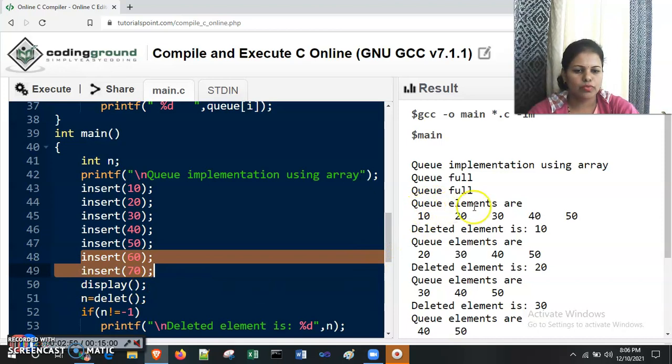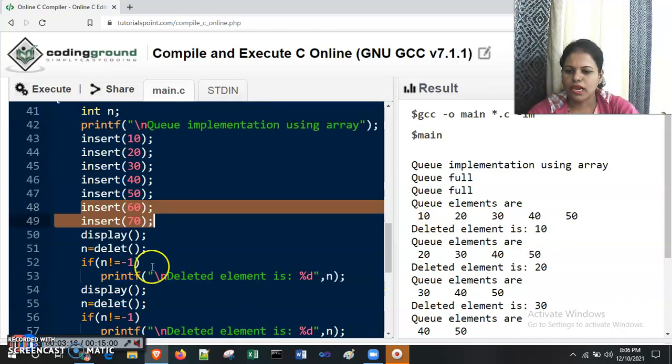So the queue elements, means the current situation of the queue, is like 10, 20, 30, 40, 50. 10 is the first element, at front there is 10, and at the rear end there is 50. Now after deleting, the deleted element is 10 because we are deleting from front.